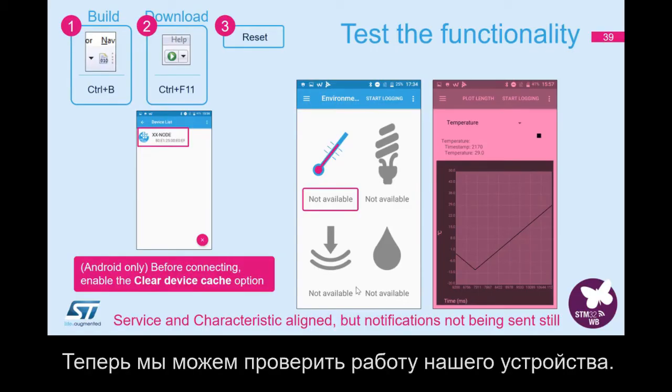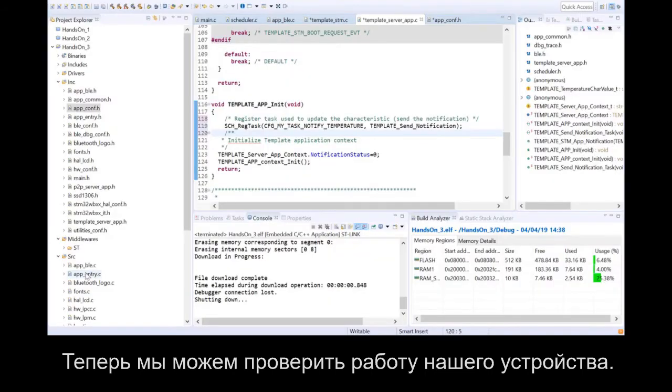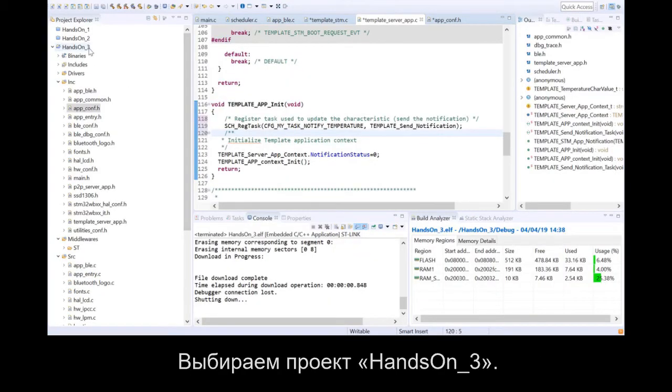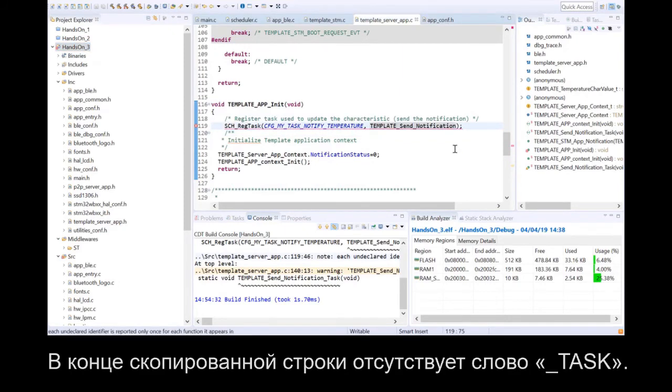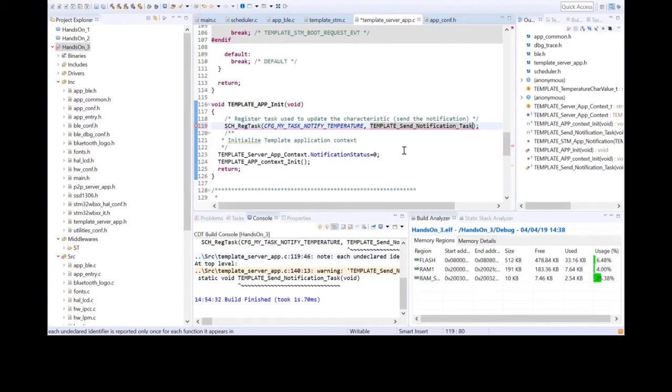So now we can go and test our functionality again. So I'll highlight my hands-on number 3. I'll rebuild my project. I have an error there as well. From the copy and paste, it's missed off the word task on the end. So if I build again,